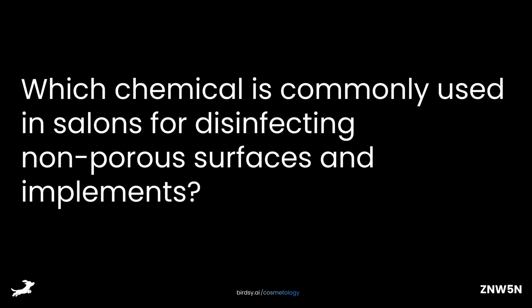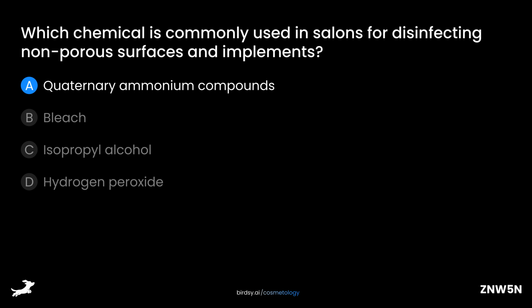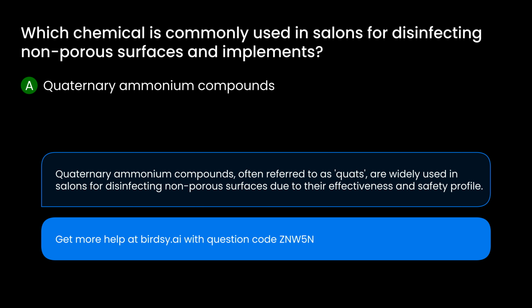Which chemical is commonly used in salons for disinfecting non-porous surfaces and implements? Is it A, quaternary ammonium compounds? B, bleach? C, isopropyl alcohol? Or D, hydrogen peroxide? The answer is A, quaternary ammonium compounds. Quaternary ammonium compounds, often referred to as quats, are widely used in salons for disinfecting non-porous surfaces due to their